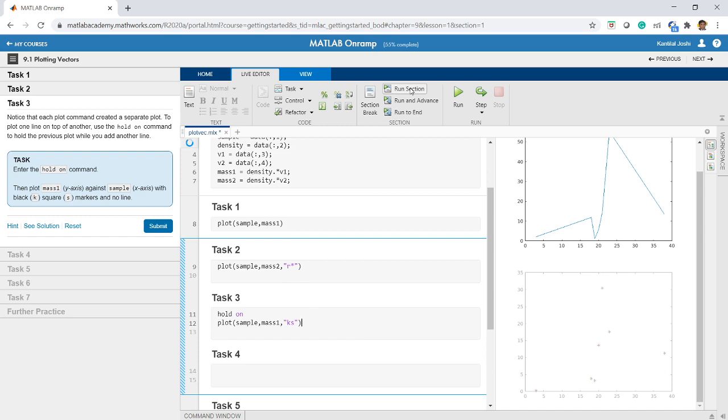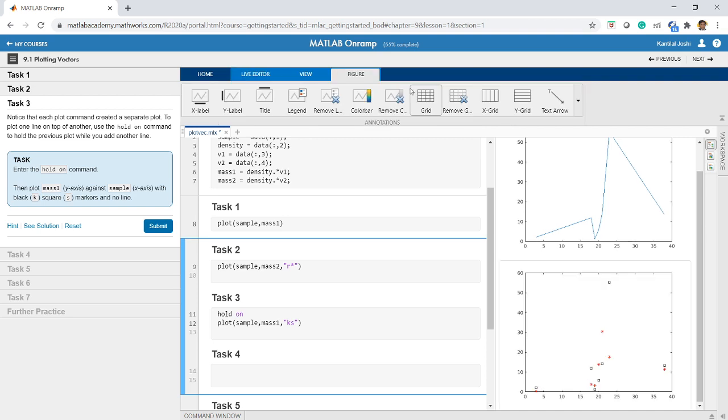When I do so, the plot commands will take some time when we are working with online MATLAB, because it goes to the cloud and so on. Depending on your network speed, it takes some time, and then we'll see the effect of this plot. So you see here, this is the plot output which we got. Now you have these old red stars which were plotted in the earlier command.